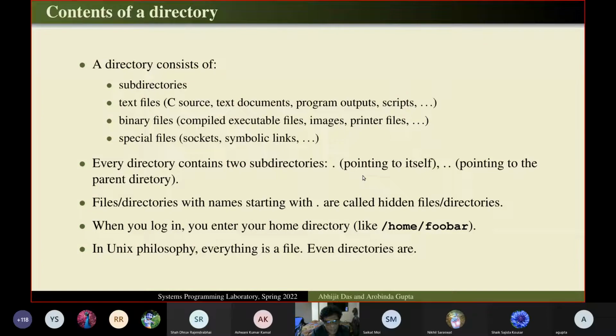Okay. And also note that whenever you log in, you enter your home directory. For example, it's the default behavior, /home/foobar. And this is another thing which you will learn a little more comprehensively later. In Unix philosophy, everything is a file, including directories, sockets, symbolic links, everything is a file. Anyway, so